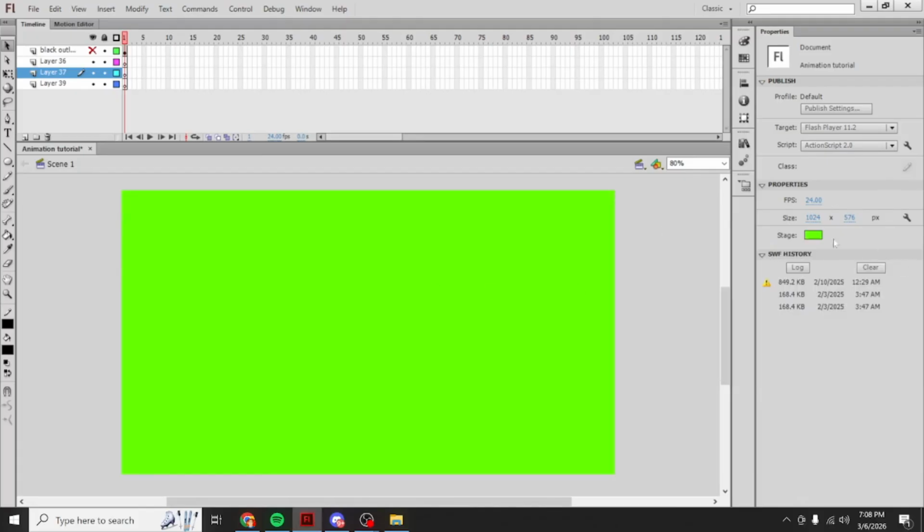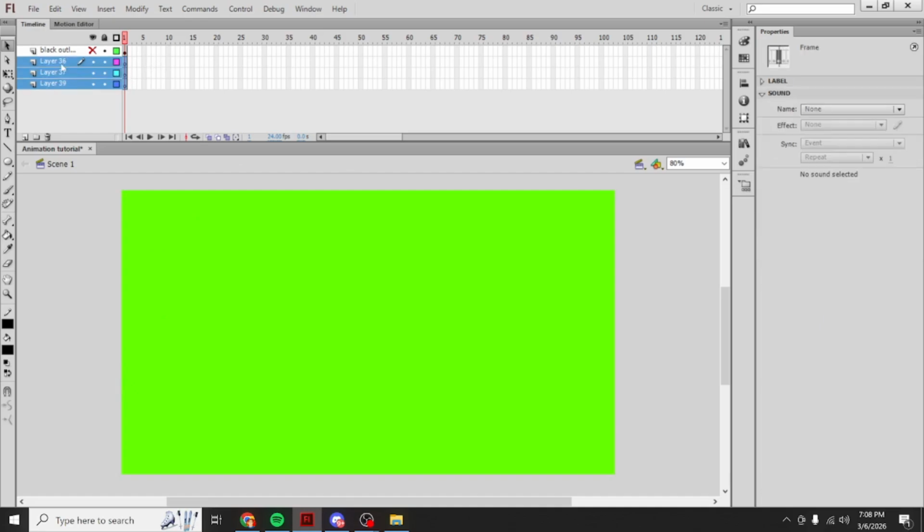I like green just because things stand out on it really well, so it's really easy to see what you're doing. But I like for the stage doing 1024 by 576, really good for widescreen format, and it's not as many pixels, so once you drop it into a program called Swivel that you're going to be rendering the video with later, it'll upscale perfectly to 1920 by 1080 and it'll look fine. So anyways,